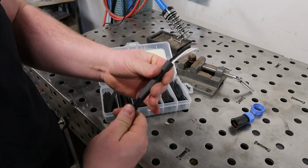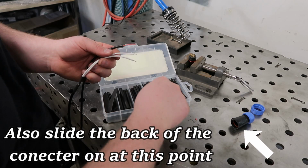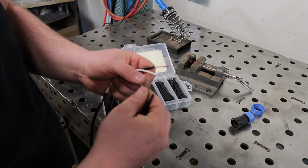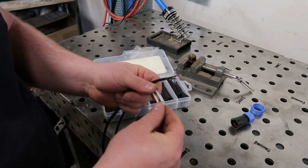So before I start, I'm going to slide this guy over everything so that we can make a nice clean connection when we get them in our connector. We're going to find another set of shrink wrap that will go over our torch signal wires. Okay, now that we have all 5 pieces of shrink wrap slid on here, we can start soldering this guy